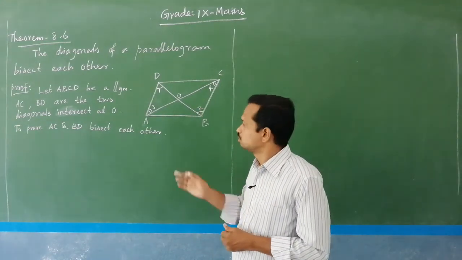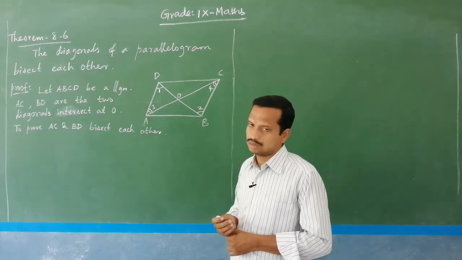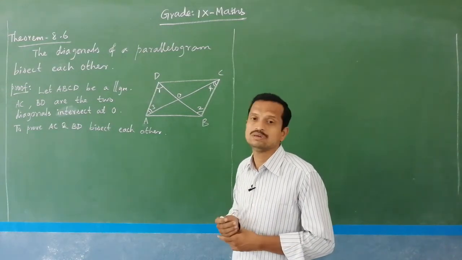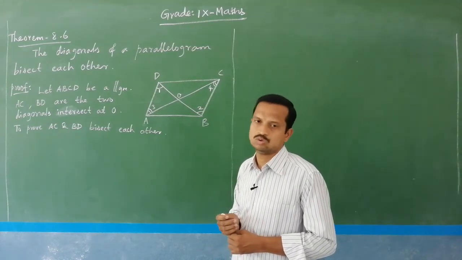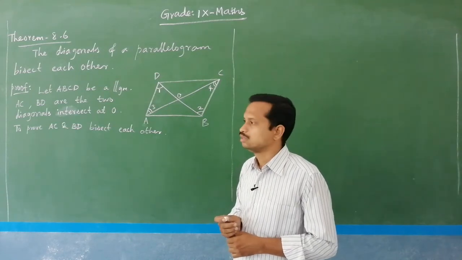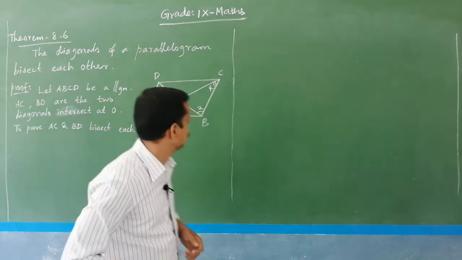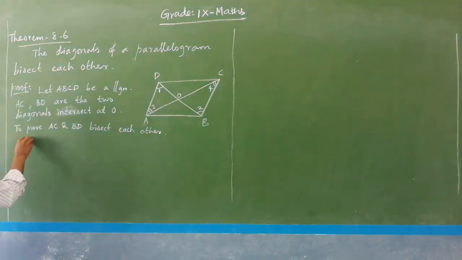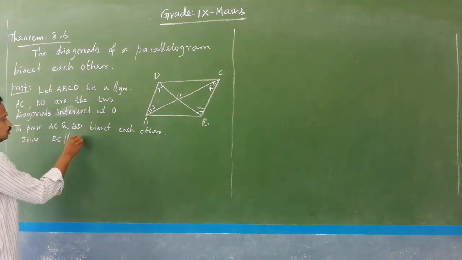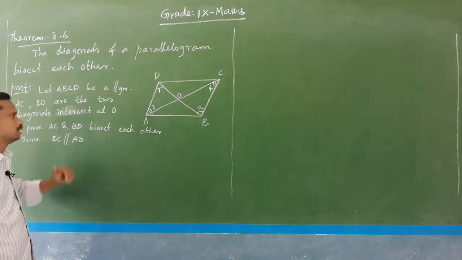Okay. So, let us consider the triangle concept and use it again and again. To prove this, the main concepts in this chapter are the congruence property of triangles and also the lines and angles concept. First you take BC and AD parallel. Since BC is parallel to AD, you know why? Because ABCD is a parallelogram.